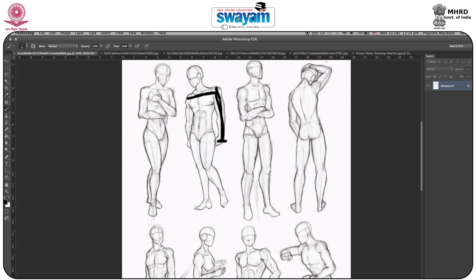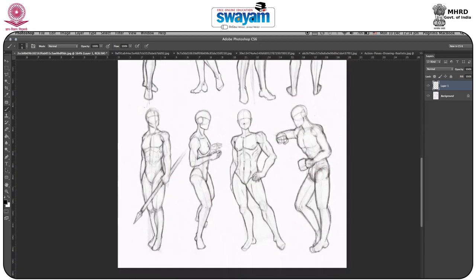As you can see, this hand is one of the most contrasting parts. In every part, as you can see in all the images, there is some contrasting part, as this is the T form and this hand belongs to that contrasting part.